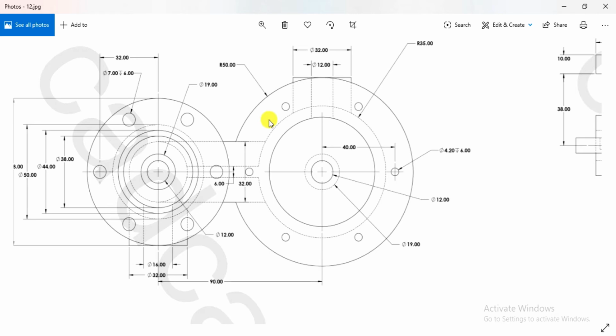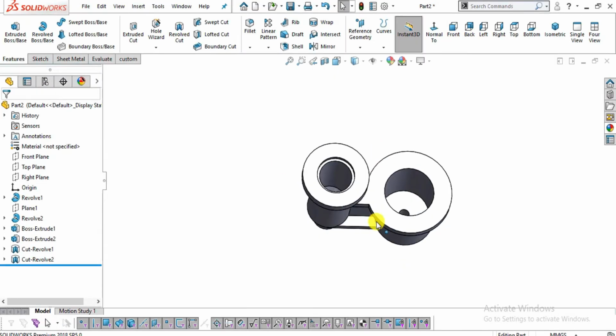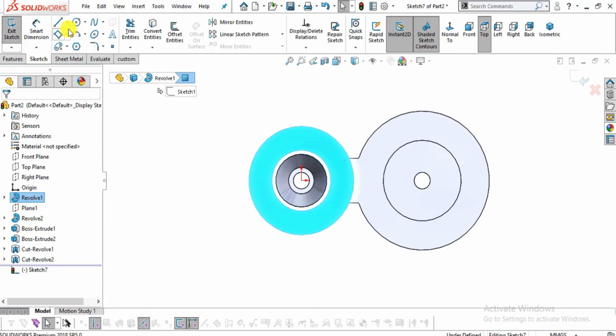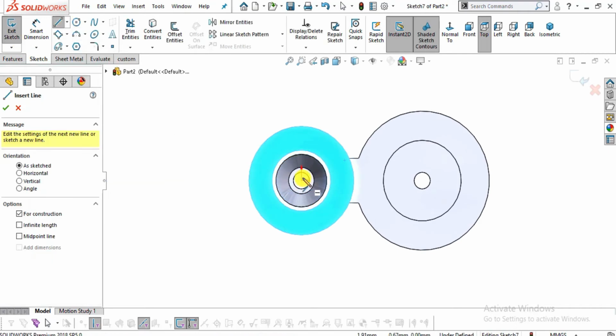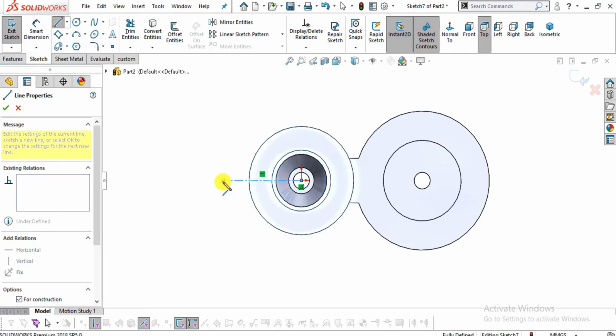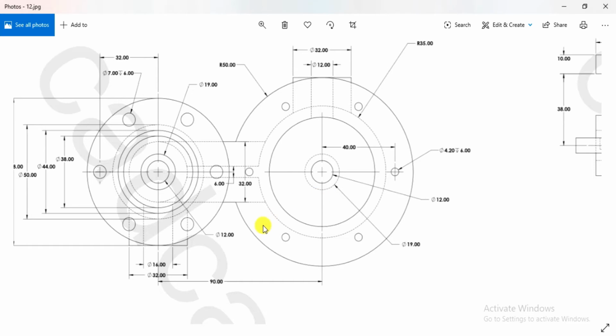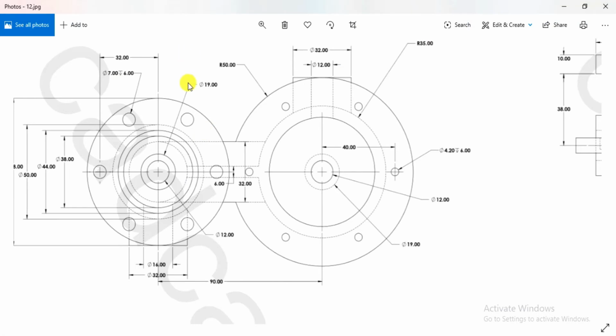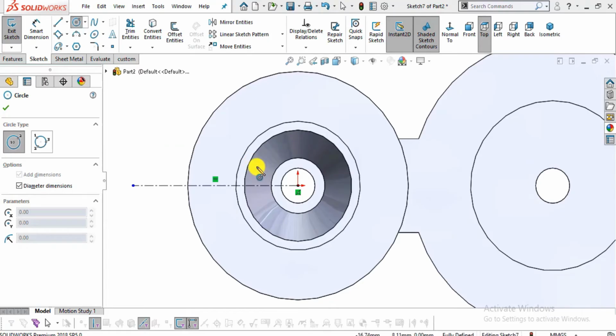So let me select this plane first. Normal to and sketch. Create a horizontal center line towards left like this. Now you can see from the center of this slot hole to the center of this body it is 32. So create a hole of dia 7 mm.